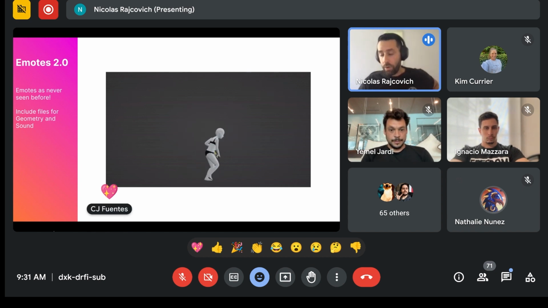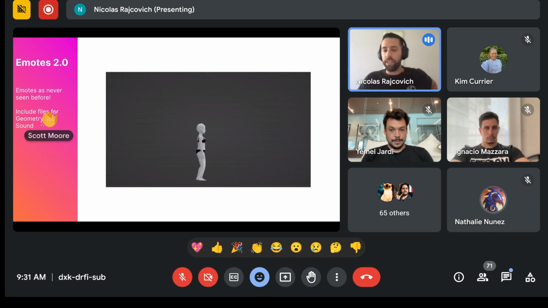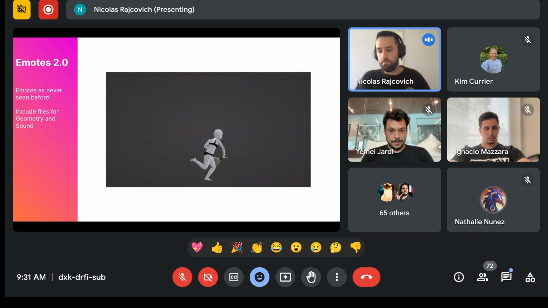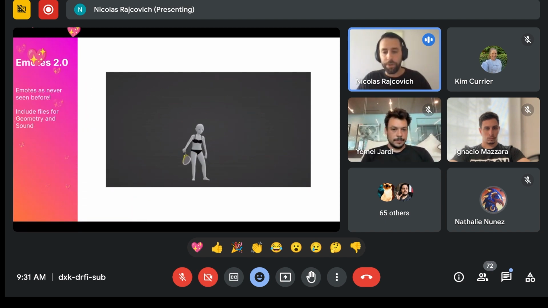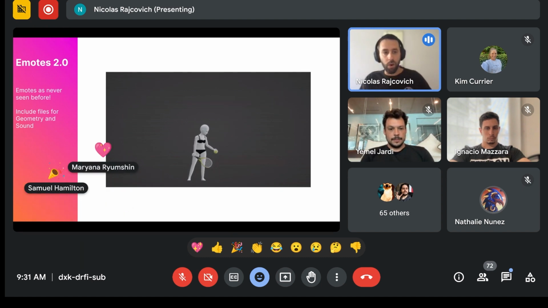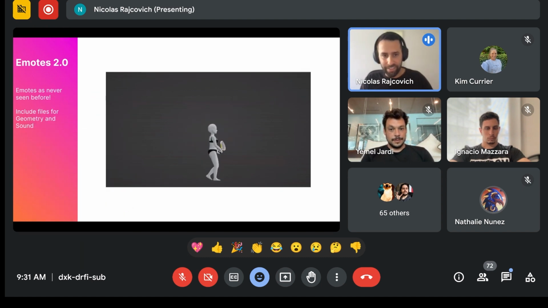So when you play the emote, some geometry, in this case a tennis racket, can appear out of thin air, and the sound can be played as well, at the same time and matching the frames of the animation. So if you do this right, you can have pretty cool and immersive emotes that have objects besides the body movement itself, and also sound. So it should be a really nice experience. I'm super excited to see this all over the world. Have fun with this. It was really fun when we launched the modes some time ago, and this is going to be really great as well.